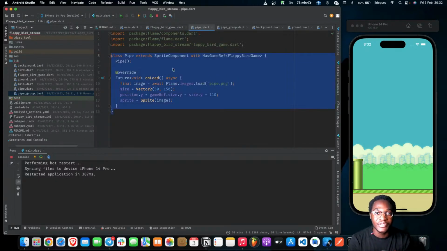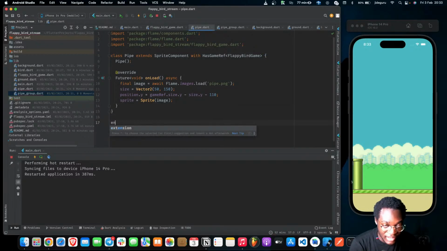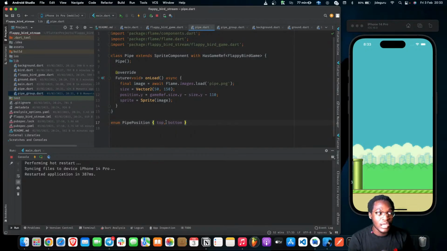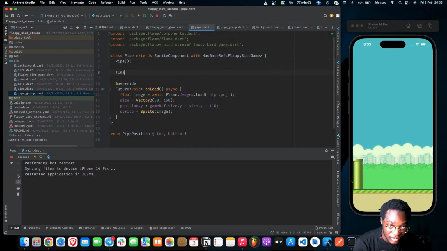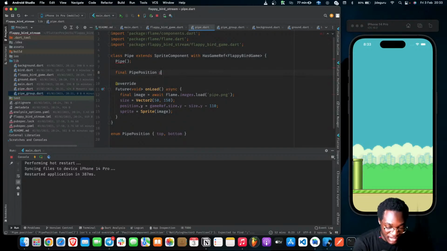Let's have an enum to differentiate between the pipe that is on top and the pipe that is at the bottom. So let's have an enum pipe position, right? Can have a top and a bottom. This is good. So here you can have a var pipe position, pipe. No, it can't be position. That's pipe position, and then